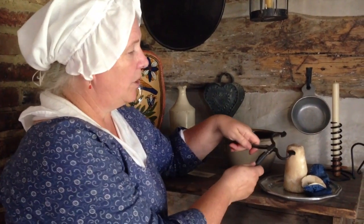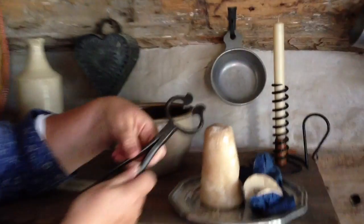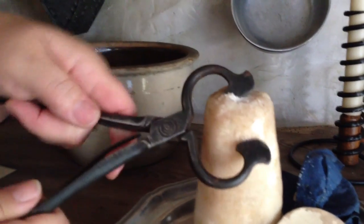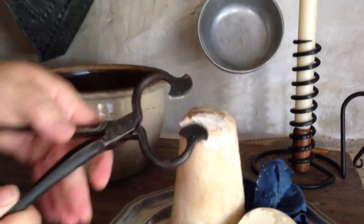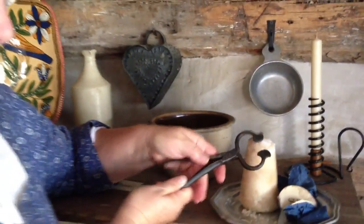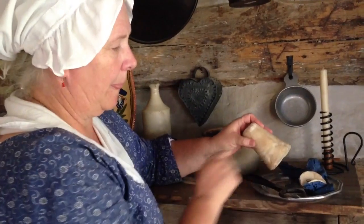So these are sugar nippers that she would use, and she would chunk off pieces of the sugar with the sugar nipper and get chunks of it. And then she could use a mortar and a pestle to grind it farther to the granulated form that she needed. She could also just take a knife and scrape it, and I've even seen little hatchets used to chunk it up, and then you'd use it in a mortar and pestle to grind it into the granularness that you needed